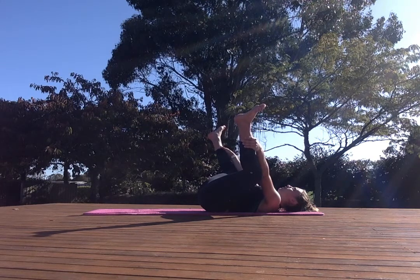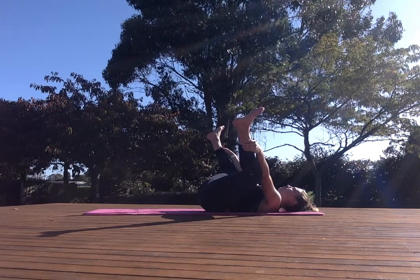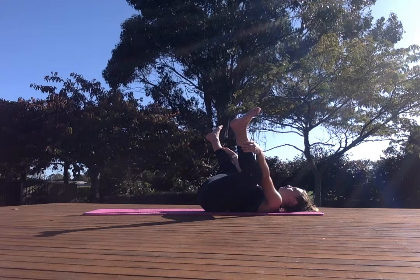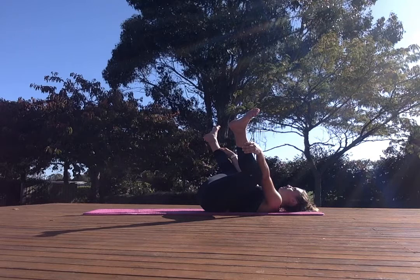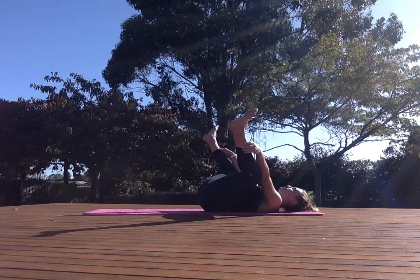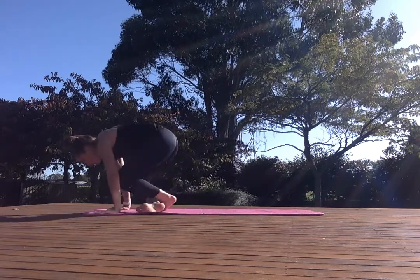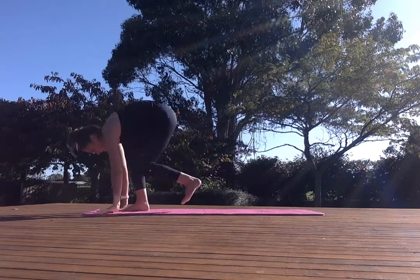This might be at the ankle, at the foot, at the thigh, or on the ground, wherever you're at today. Trying to keep a nice lengthening through the spine as we do it. Maybe closing down the eyes. Opening up with the eyes, feet coming down, stepping back to plank, then stepping all the way forward to our